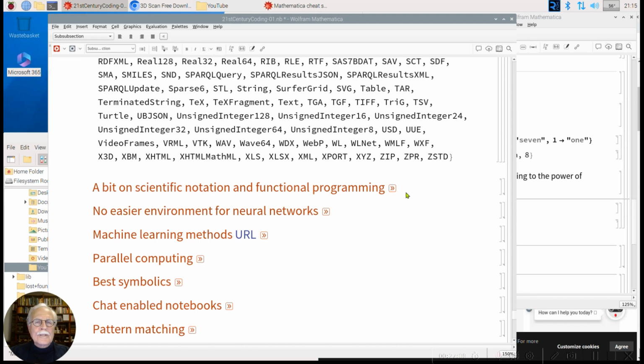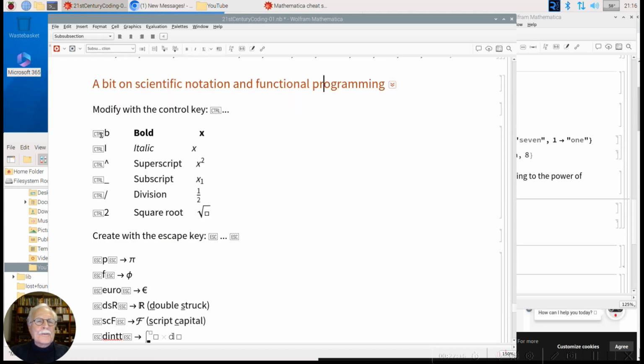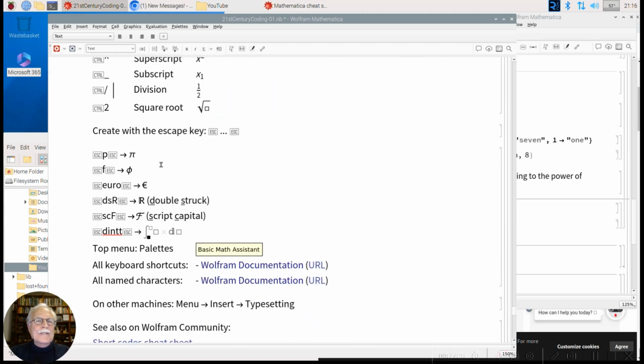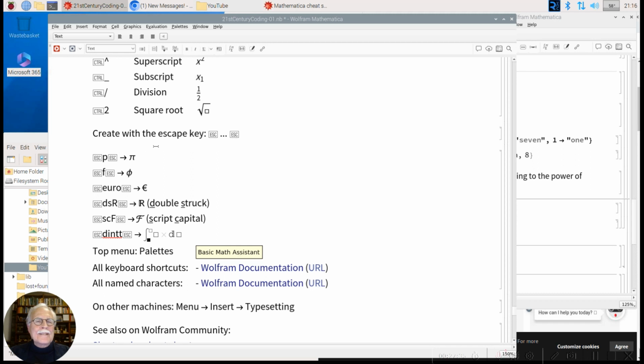I can show a bit on scientific notation, and this is what the notation actually says. Control B, as we all know from other programs, gives you bold, Control I italic, but Control caret gives the superscript, Control underscore the subscript, Control slash gives you the division, Control 2 the square root. So these are all modifications of a letter, and now here you create letters with escape P escape, which gives you